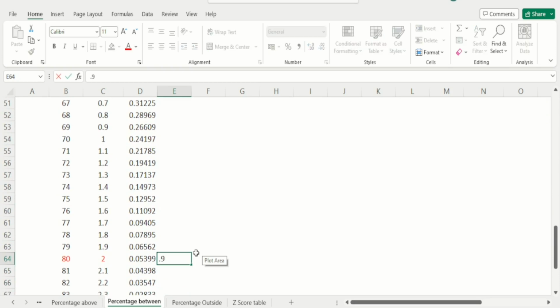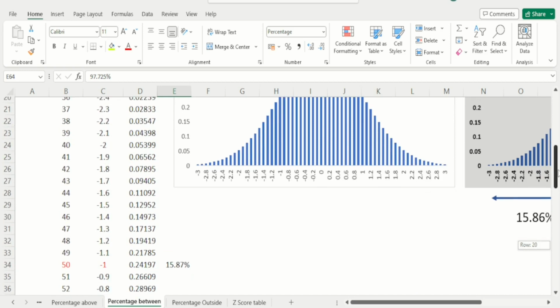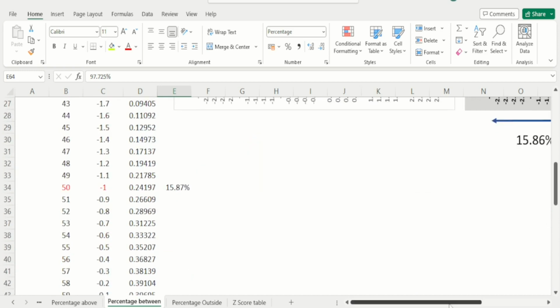Again, what is the interpretation? It means 97.73% roughly of data points lie towards the left of, or lie below, the z-score of 2 or the marks of 80. Right? So now that we have the two percentage points,